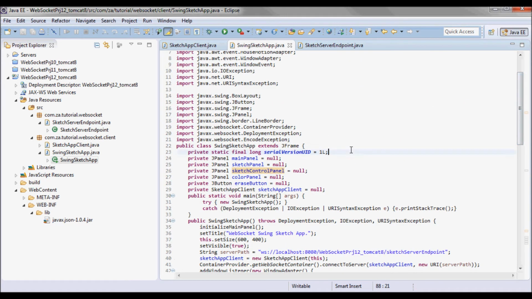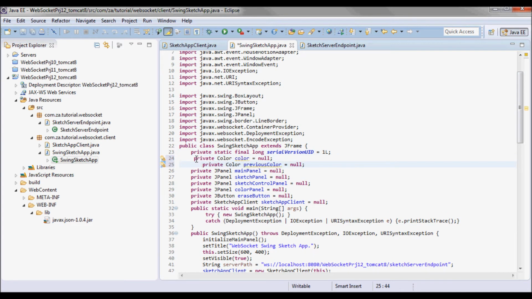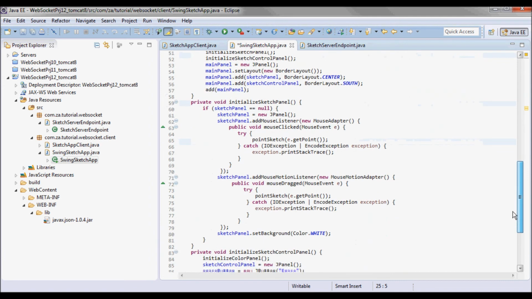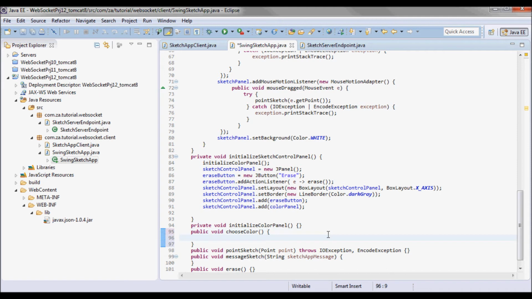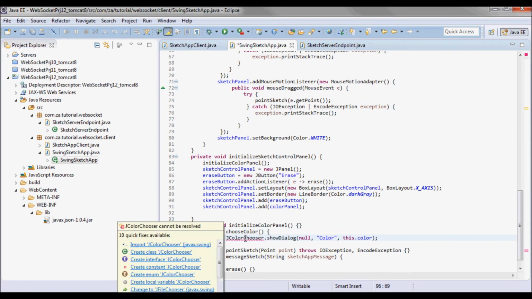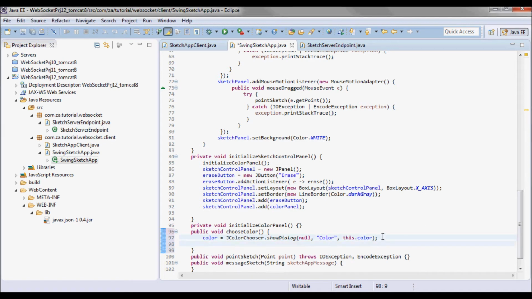Before continuing, let me go ahead and define a color and a previous color. The way the user will be able to choose the color is by using a JColorChooser. So we'll show a dialog, and I'll do colorPanel.setBackground to the color.